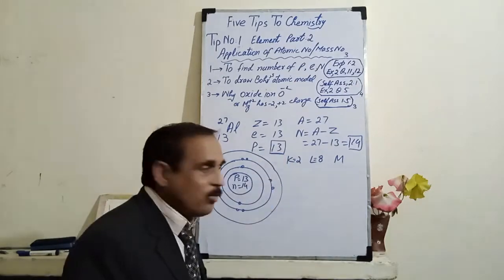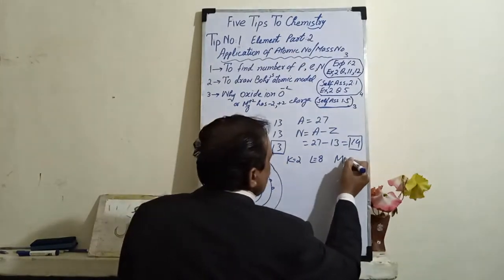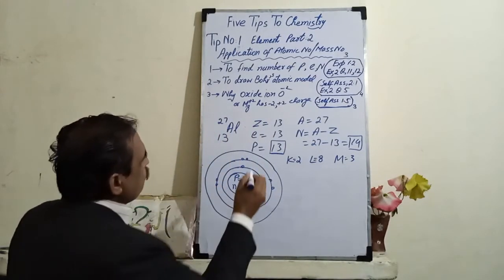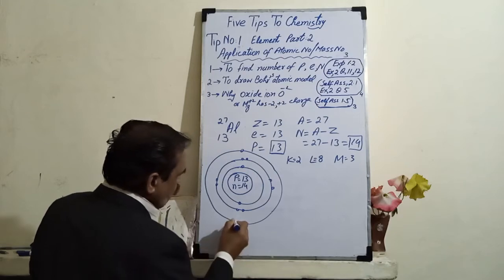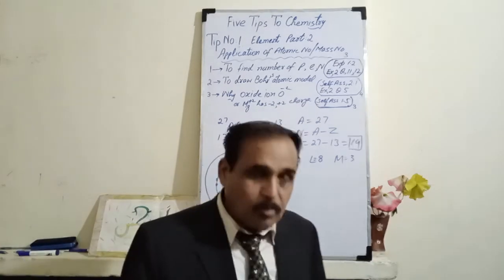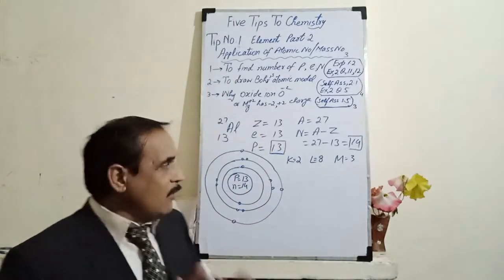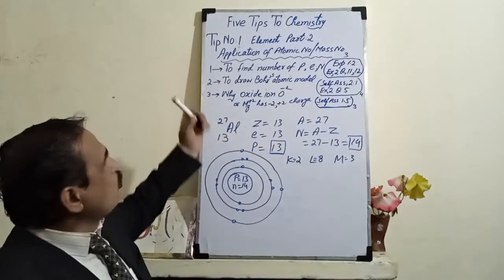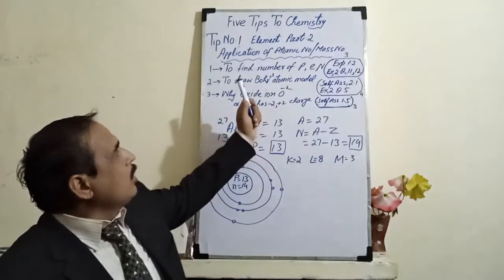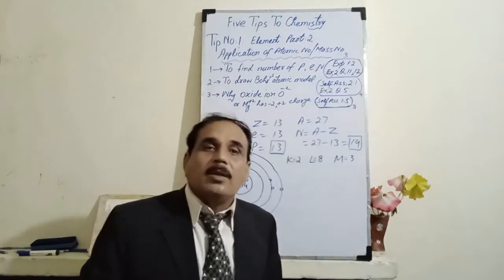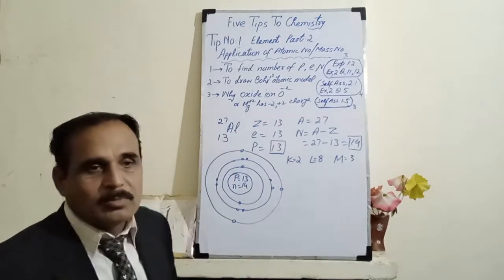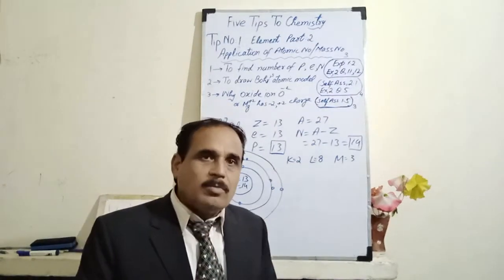So 3 electrons will be in M shell. One, two, three. In this way, we have learned to draw both atomic models with the help of atomic number and mass number. The third thing we shall learn